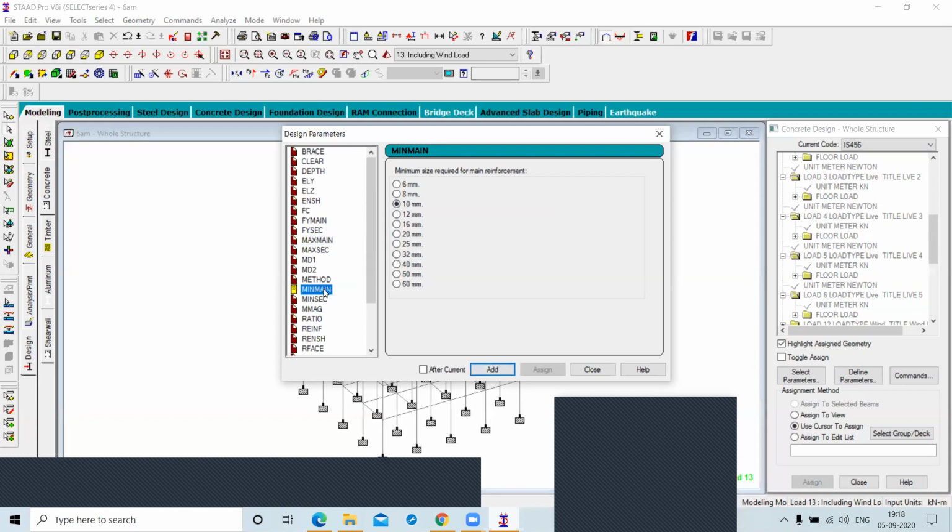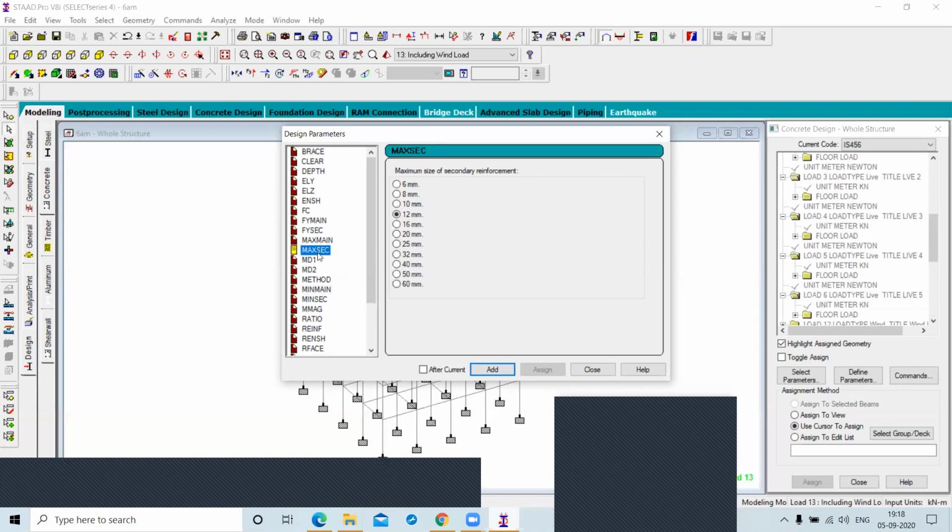And minimum main bar, 10. Click on add button. For each and every value you have to click on add button, don't forget. And specify the maximum secondary bar.